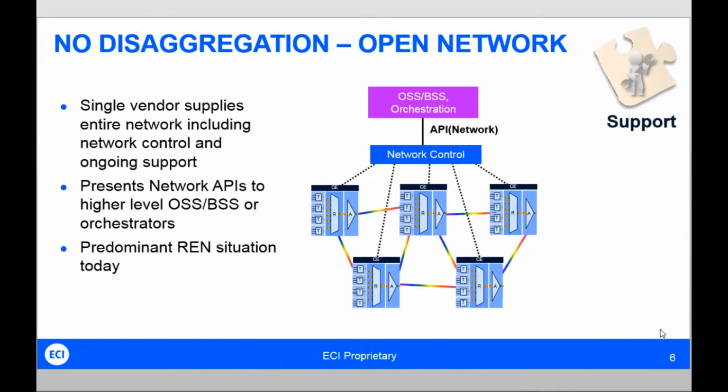And then that vendor could provide today an API or application programming interface to a higher level of OSS or BSS and orchestration that would be provided by the NREN. And more we're seeing the direction whereby people are specifying the kind of controls that they would want at a network level in terms of being able to provision paths across the network, being able to monitor what's going on across the network, being able to reconfigure the network dynamically in case something goes wrong. And all these can be provided through a network level API.